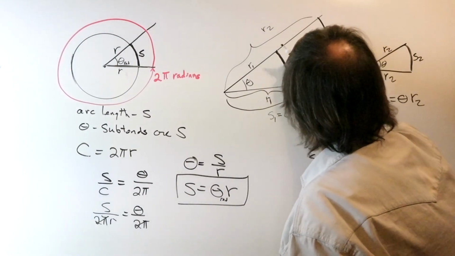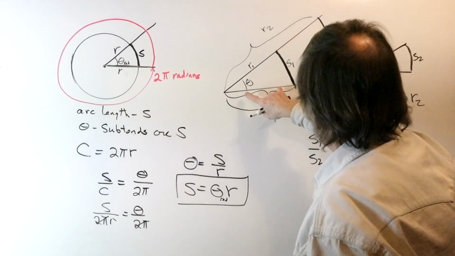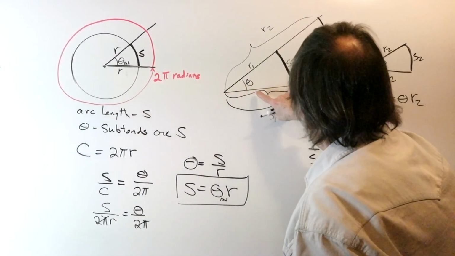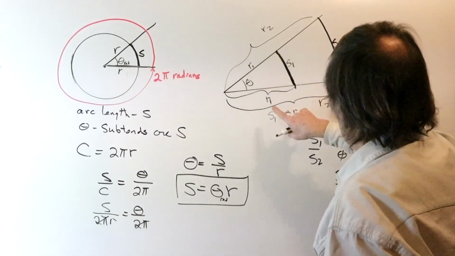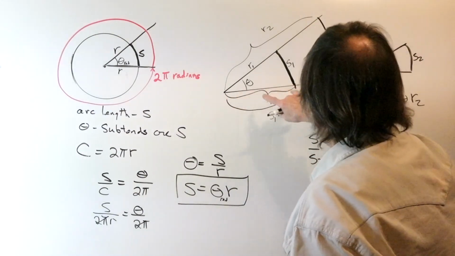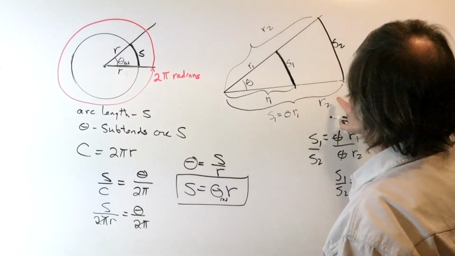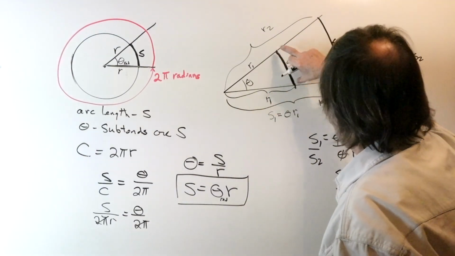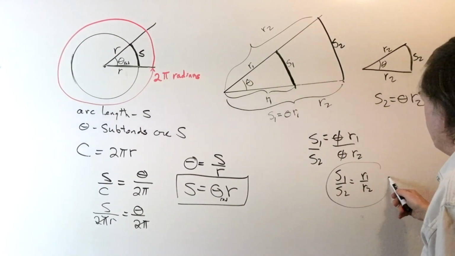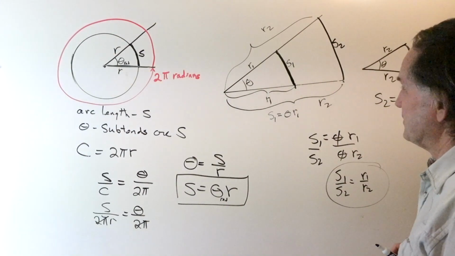So this arc length is proportional to the radius that sweeps it out, as this arc is proportional to this radius. So the ratio of R1 to R2 is the same as S1 to S2. That's what we have here. A very important relationship to keep in